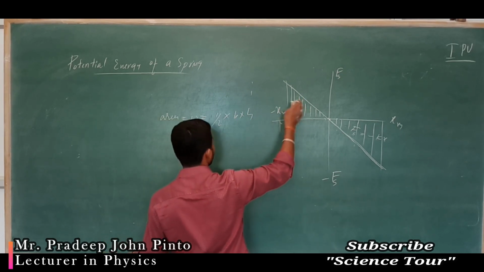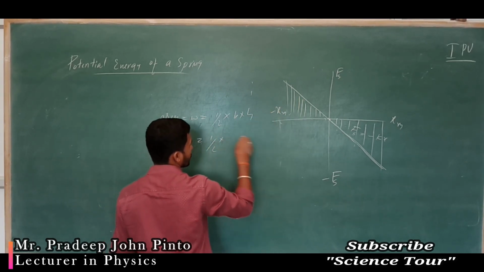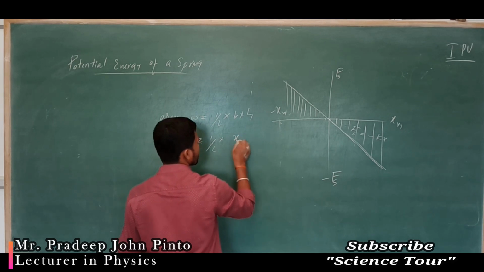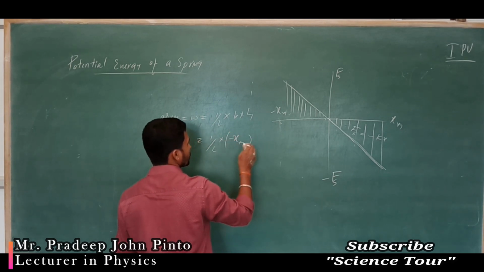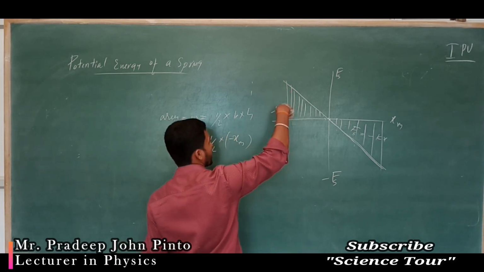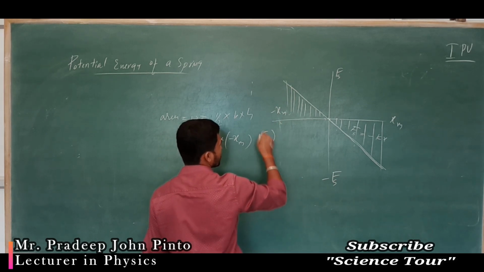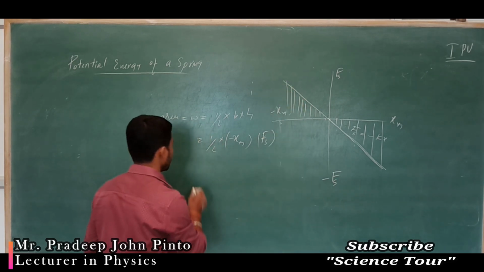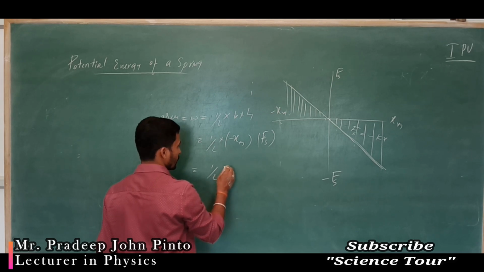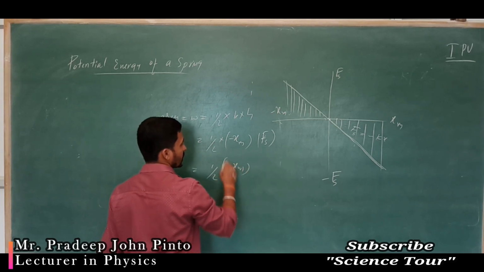Base is xm. Height is nothing but Fs. So half into minus xm,